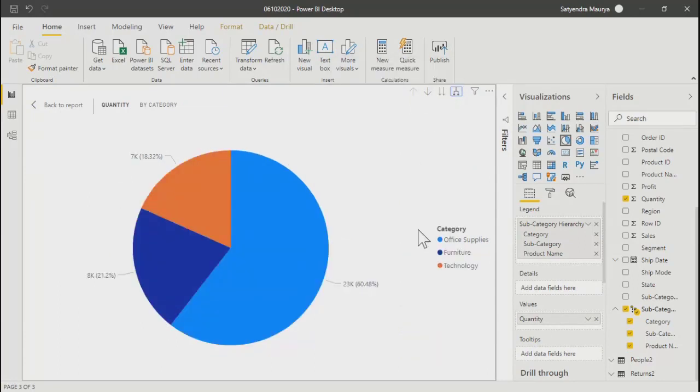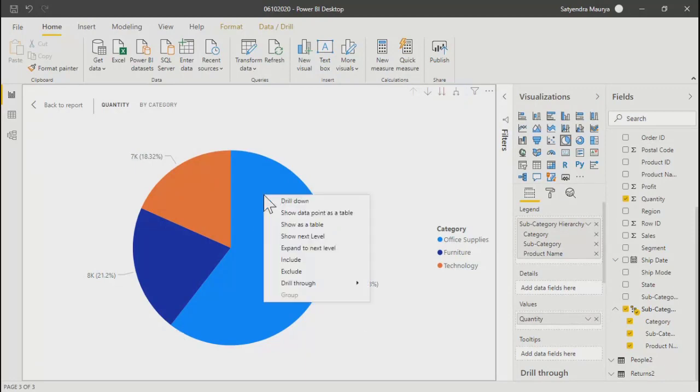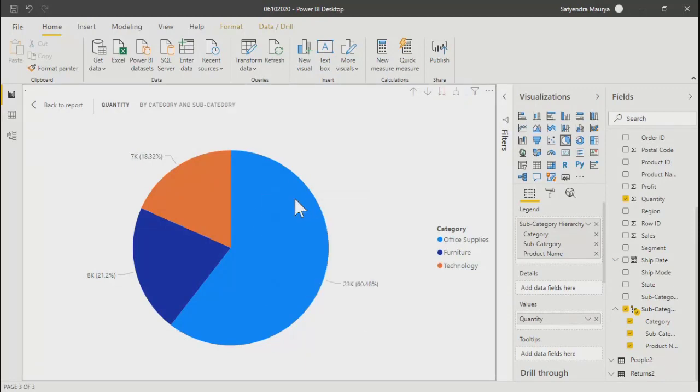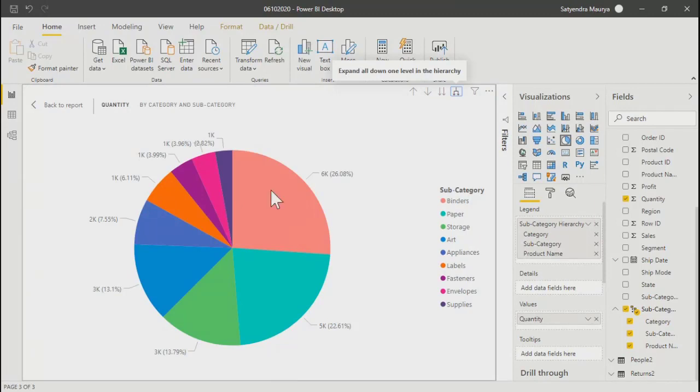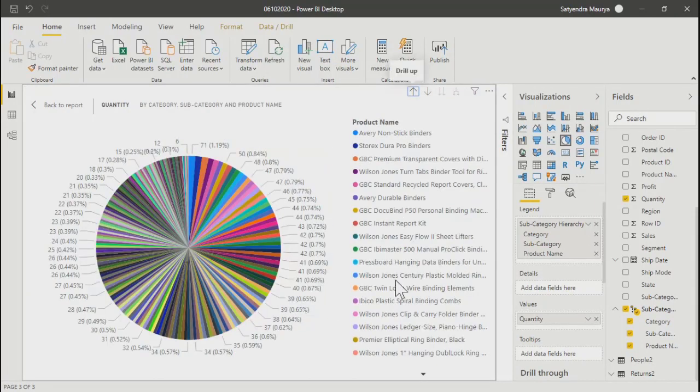So that's again within the chart. Either you can right click over here and drill down, and you'll get these values. See, now it is the product name, the third level. This is the same hierarchy we created yesterday, there is no other change.